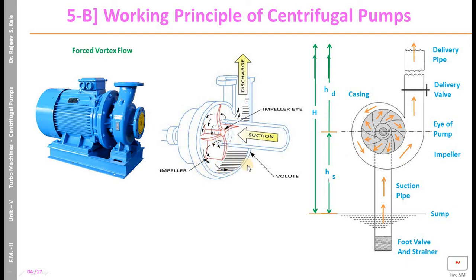So blades are rotating, so water is also rotated, and by centrifugal action water will move away from the center. So the working principle of a centrifugal pump is that the centrifugal pump works on the principle of forced vortex flow, which means that when a certain mass of liquid is rotated by an external torque, the rise in pressure head of the rotating liquid takes place. Thus, a high pressure head is created and the liquid can be lifted to a high level.